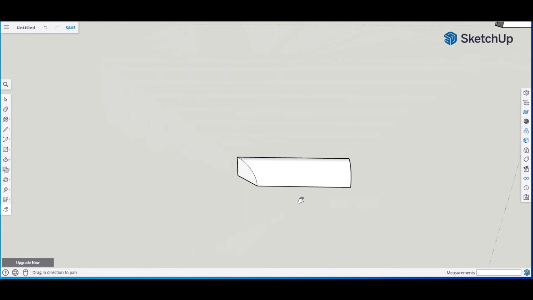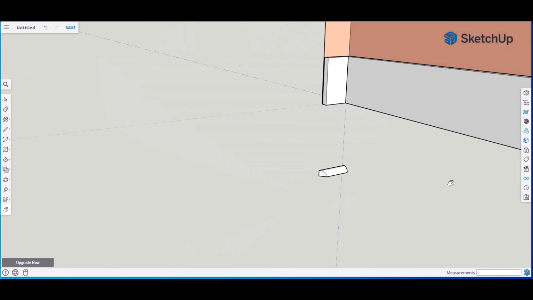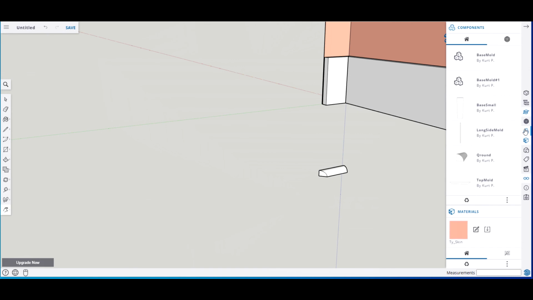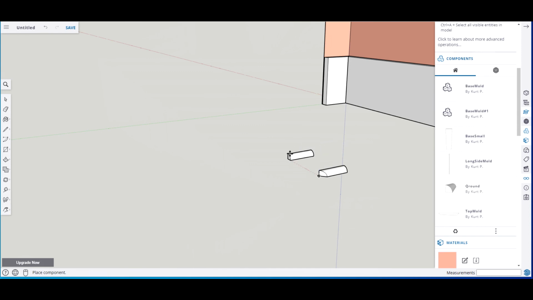pan away. Let's zoom back out and see how far away we are from our baseboard. I'm going to look at our components here for a second and see. Where's the Q round? There's the Q round. Let's bring it out and see what it does. So notice it didn't do our slice. Right? So escape key,